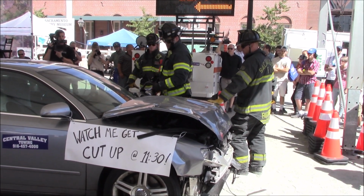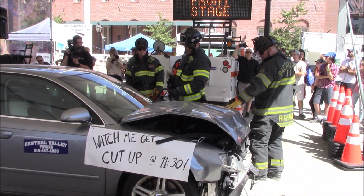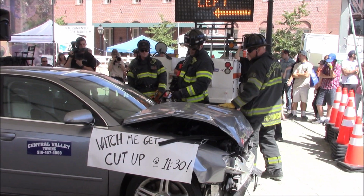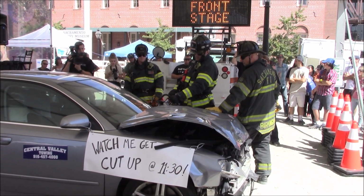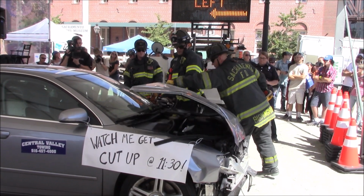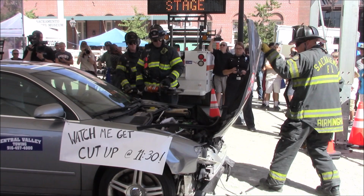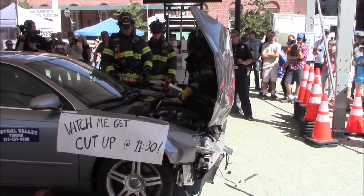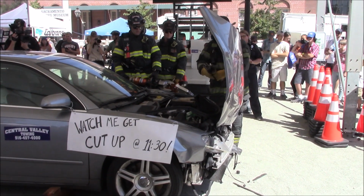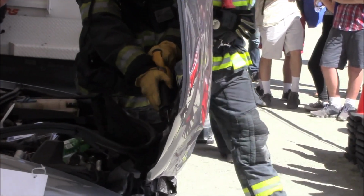Normally what would happen is we each have a role. My role as captain is on the safety. I stand back and I see what's going on, I see the big picture, because when you're working with these tools, you're focused on your tool and what that tool is doing and how it's affecting the car. So what they just did is there's two hinges on each hood. And all they did was they pitched a little bit to get an access space, and then they just